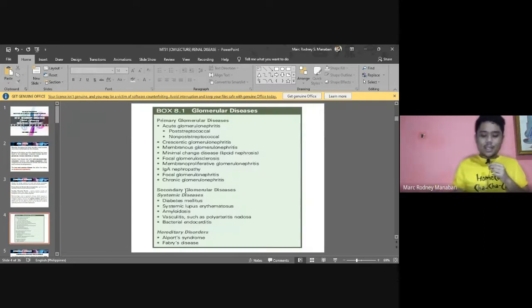All right, and this is from Brunner and Suddarth, the table. What are the different glomerular disorders? Again, primary, as you can see, is all affecting the kidneys only, just one organ. For secondary, as you can see, it's all systemic or possibly hereditary. So it did not start from the kidneys. The disease started from another area in the body, and it only involved the glomerulus secondarily. So it is just a complication of the initial disease, all right? Okay, that's for the different classifications of your glomerular disorders.